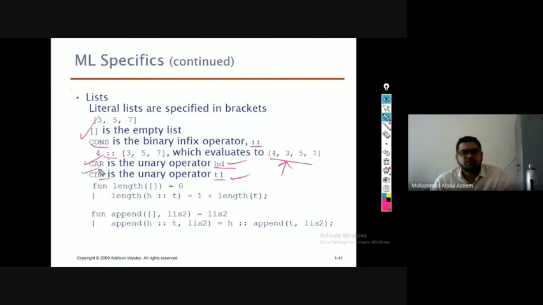Here, let us look at some functions being defined. You have to find the length of a list, and here you are passing a list. When you pass the list to the length function, let us say you are passing the list 4357, how is it going to be evaluated? This function is defined with the help of the pattern matching approach. So the parameter that you pass for length is going to be compared with the first matching. The first matching is, if you can see, null. But this is not null, so it goes to the second definition.